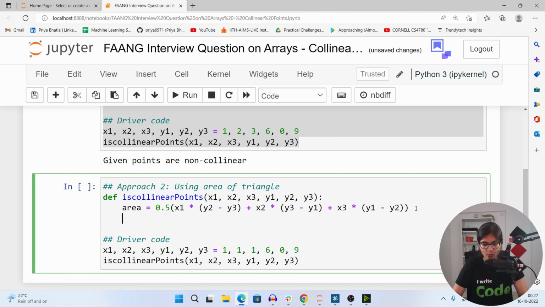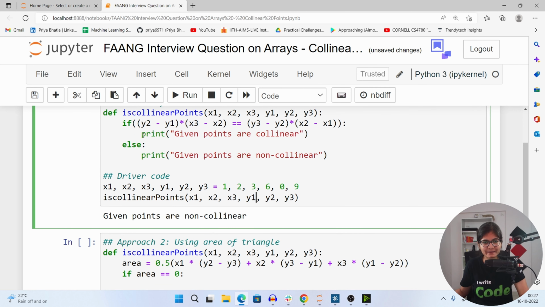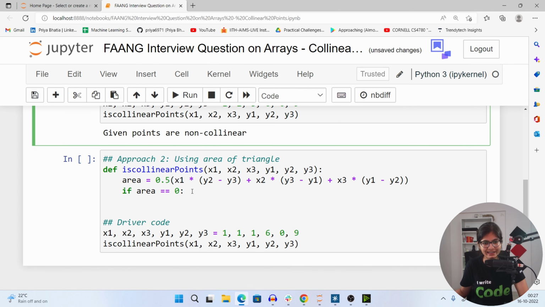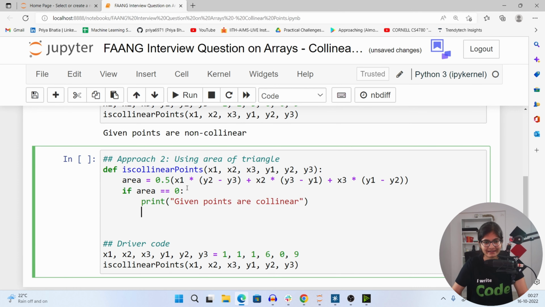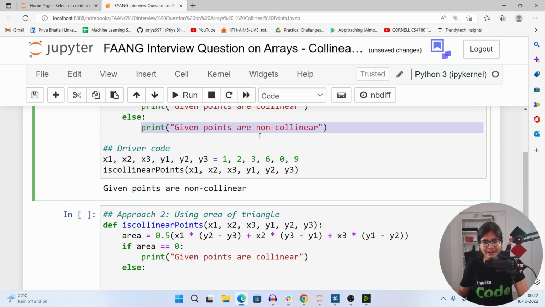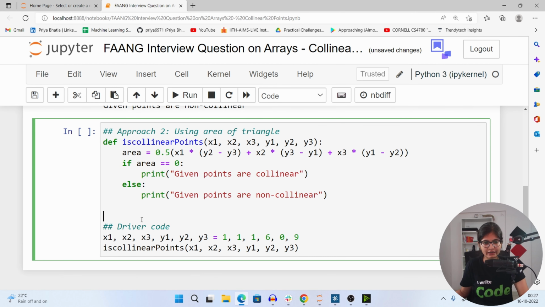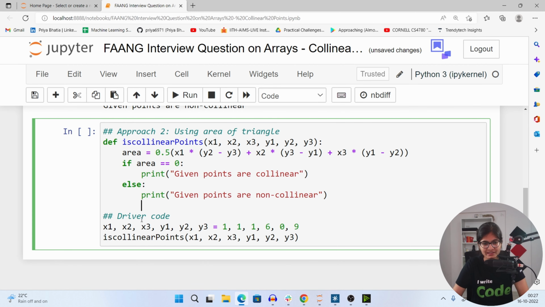Now I can make one check. If the area is equal to 0, at that point I can simply print that the points are collinear. Right? In the else part, I can simply print that the given points are non-collinear. Now if I try to run this code,